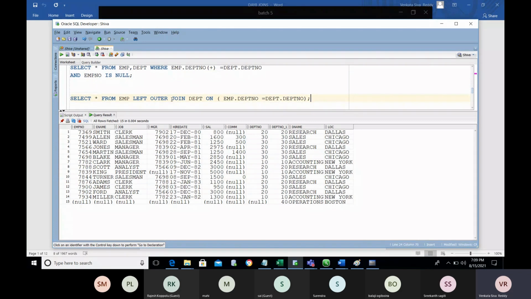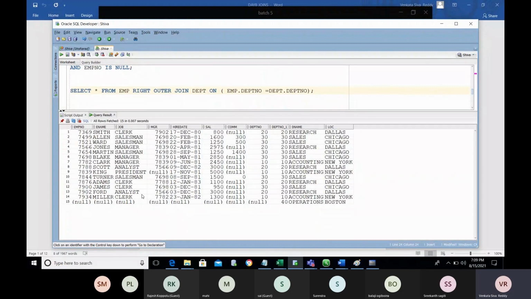Now I am going to make it like this. Simply no need to mention brackets and all those things. Simply instead of left, if I mention right, I will get the right side. Whatever table you mention first in the query, this is the left table. This is the right table. Okay, don't confuse the left and right. So if I use it like this, what will happen? The EMP dept number equal to the EMP data equal. Got it? No need to worry about all those things. Try to use the same.